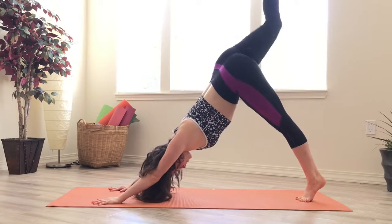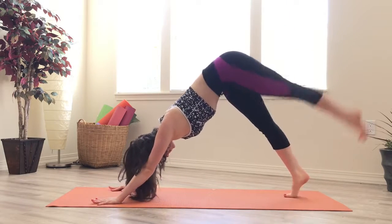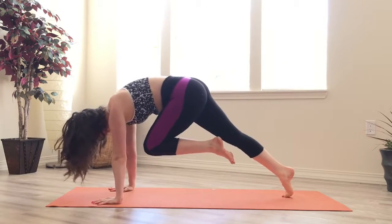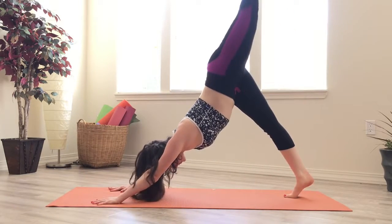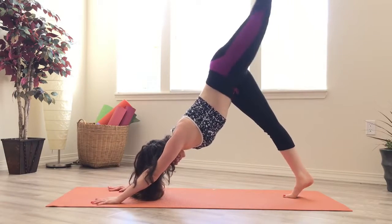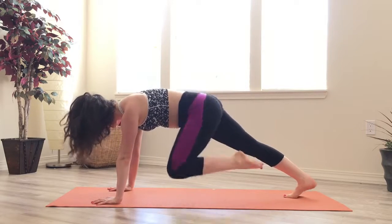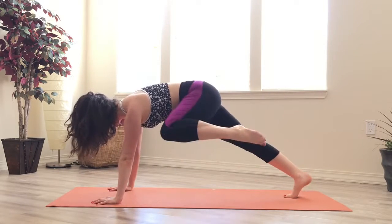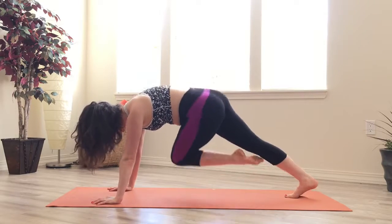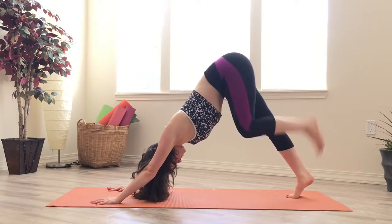Find center and shoot the right leg high again, bringing it down to meet the left. Left leg goes high and pull that left knee into your chest on the exhale. Deep breath in and extend and pull it in. One more, extend. Pull it in, send the knee to the left and the right, left, right, one more, left and right, hold center and send your left leg back,